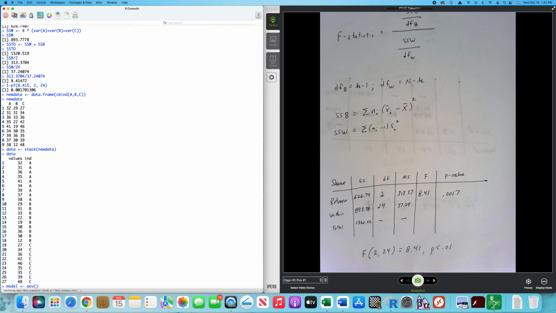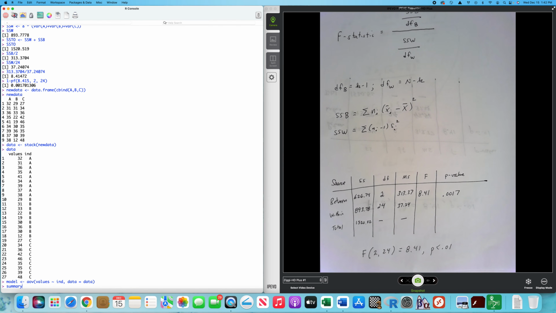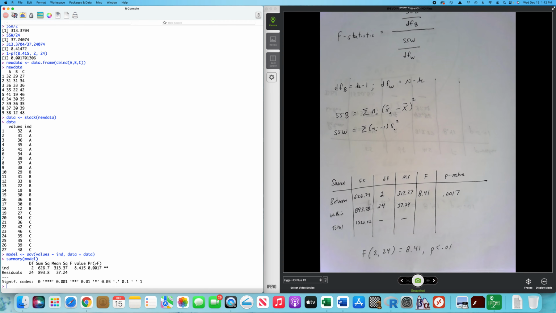We have the aov command. The first thing we'll put is our factor score, which for this example is values. The next thing we input is our independent variable, which is always our categorical variable, which in this case has been classified as ind. Just to make sure there's no misunderstanding here, I'm going to tell R the data set I want this executed on. So if I go summary of the model,